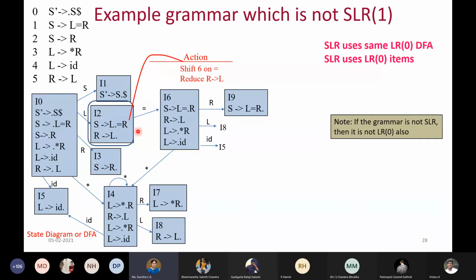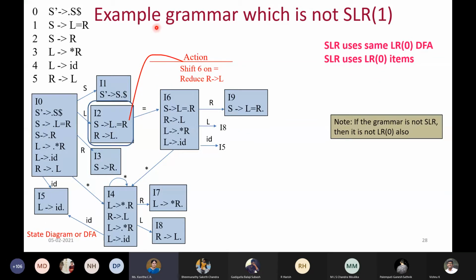So you can verify the conflict here itself. It's only that you should have the knowledge of follow sets and you can verify here only. Or you can create the table and verify there also. It's the same. So here in state number 2, that is I2, we get the shift reduce conflict, on the symbol equals.